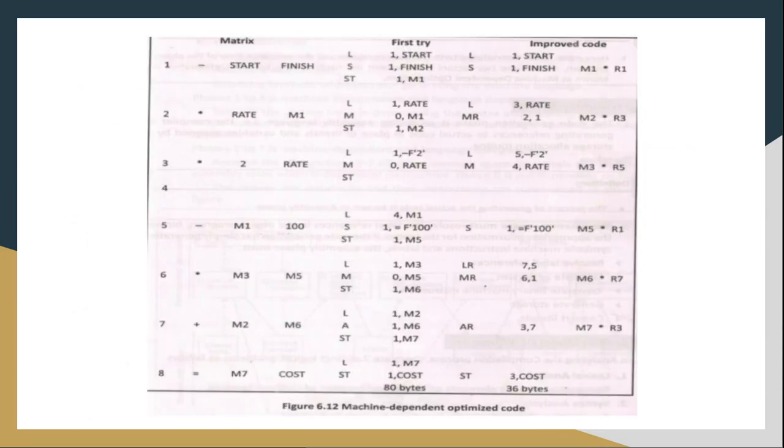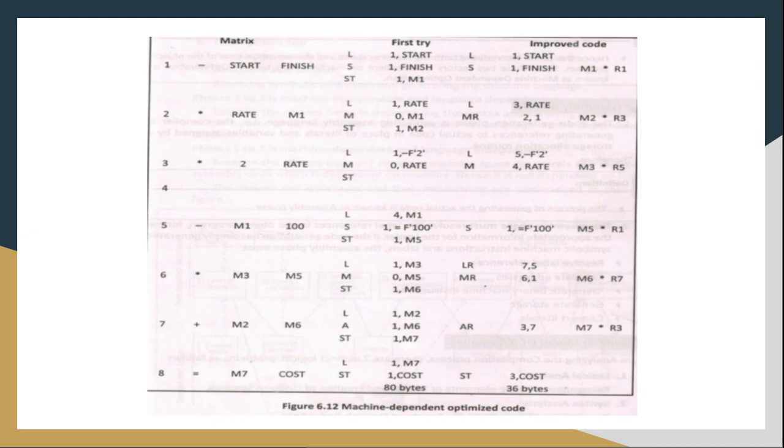Now we are going to take our previous example, that is the cost assignment statement. Here you can see the first column, the matrix column, is representing the intermediate form of our cost assignment statement. It has been represented in the matrix form, and we have optimized it also. As a part of optimization, we have removed the fourth matrix line that we already discussed in the matrix cost optimization phase. So the matrix column is done. This is the intermediate form, and this is the input to our code generation phase.